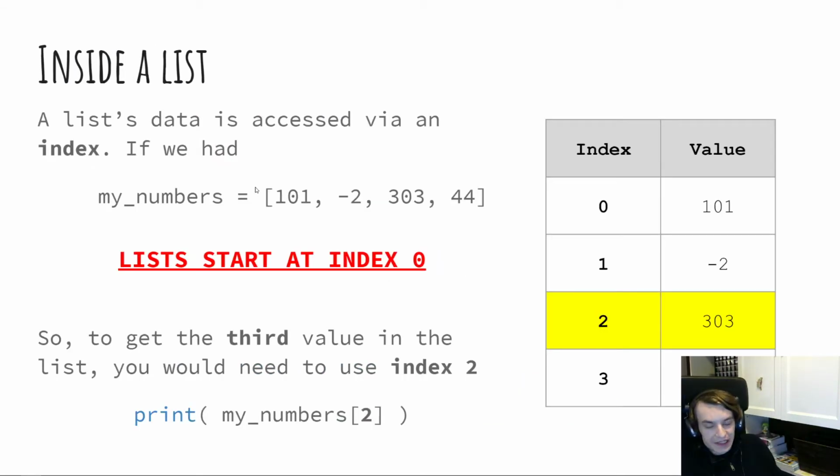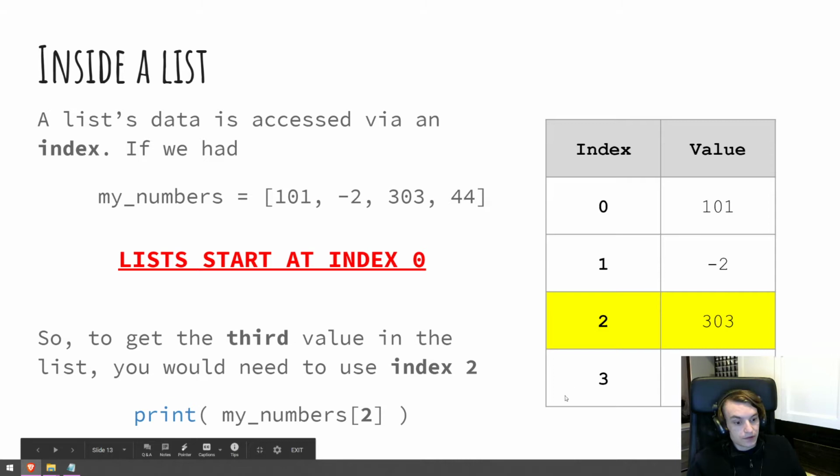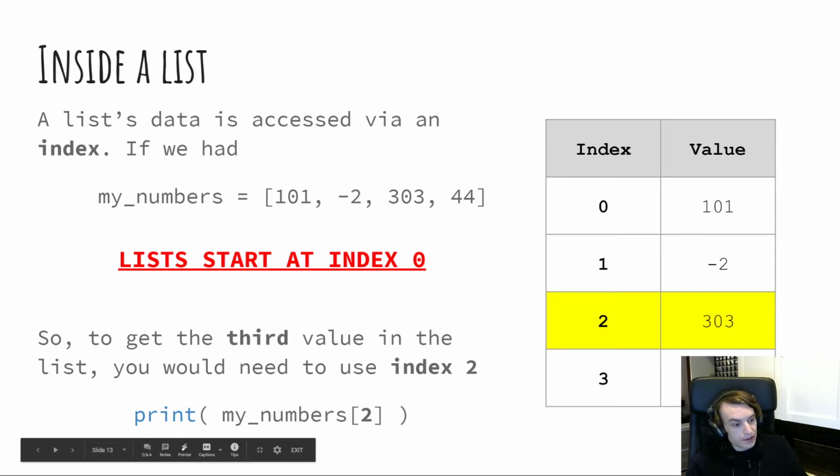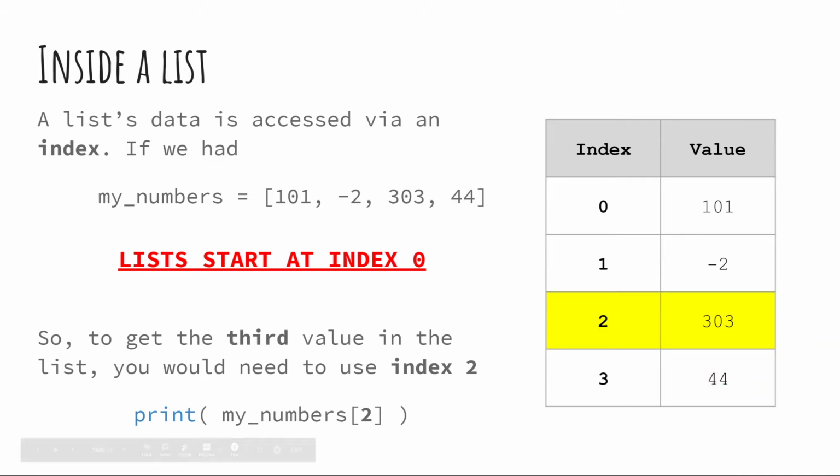But thus far we can't really access any particular number. That's what we're doing now. So what we want to do is start accessing the individual data within a list using an index. So using the numbers array from before, we would access the elements using the indices over at the right. And I will turn off my camera again real quick just so that we can see the whole table.